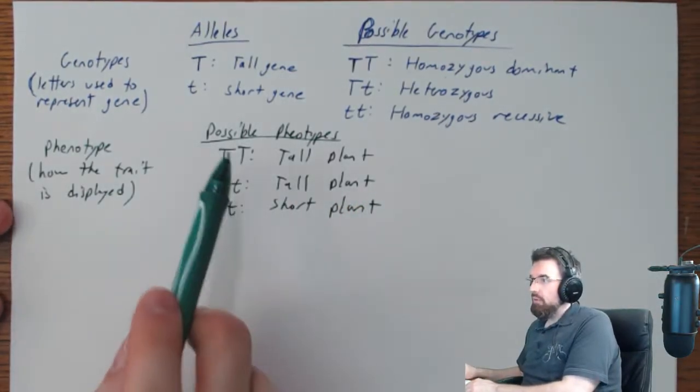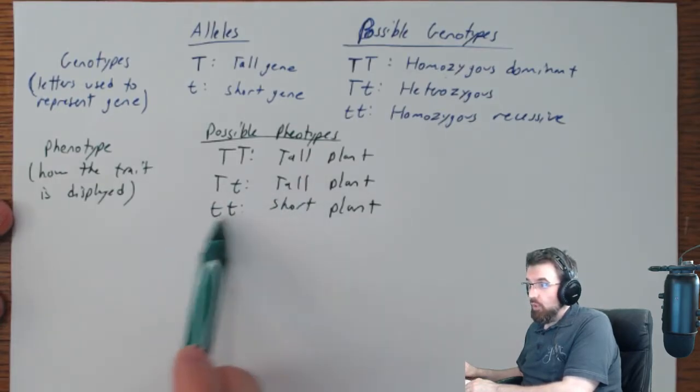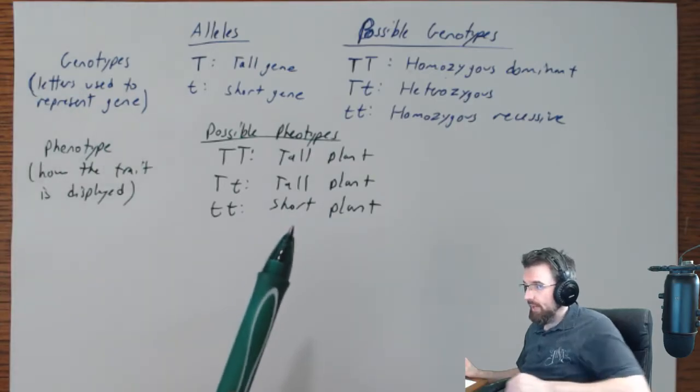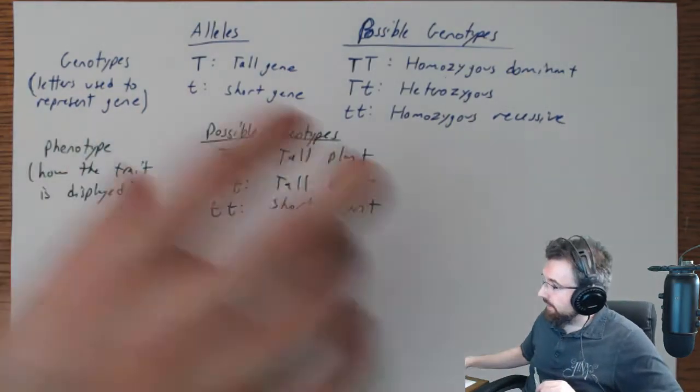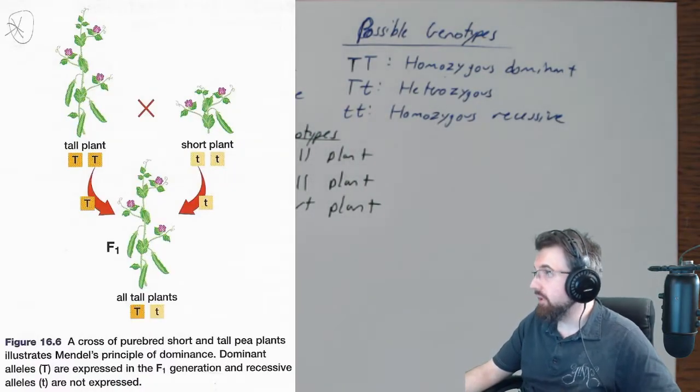What we find is that with 2 capital T's, it ends up being tall. With 2 lowercase t's, it ends up being short. But if there's 1 of each, it ends up being tall anyway. And this is really the core of what Mendel started to find. And if I go back to that diagram that I only recently brought up,